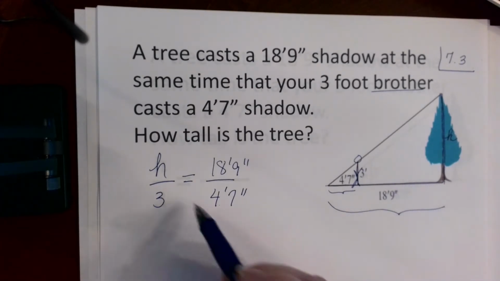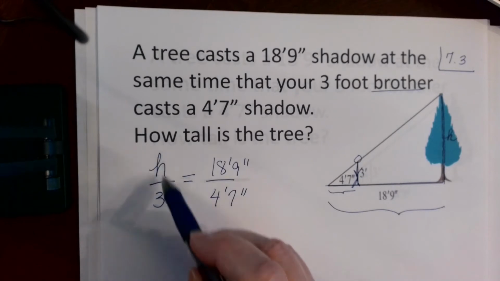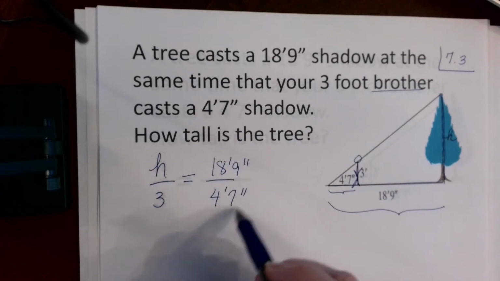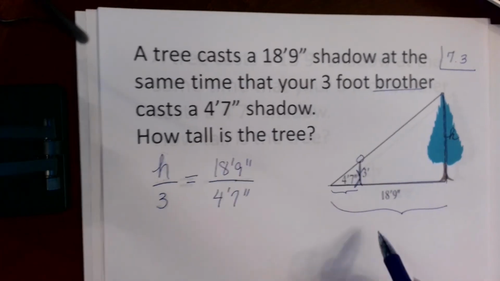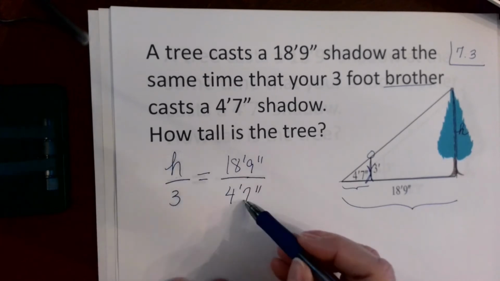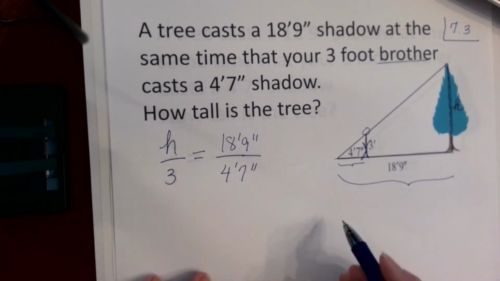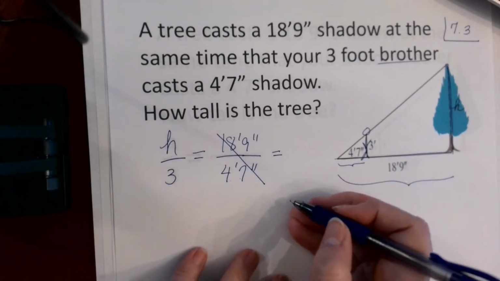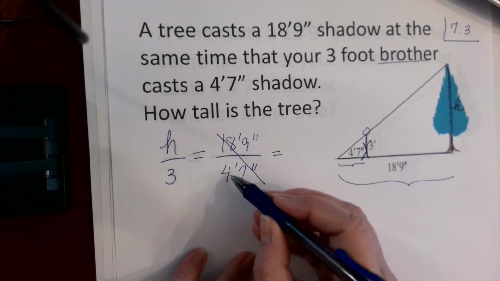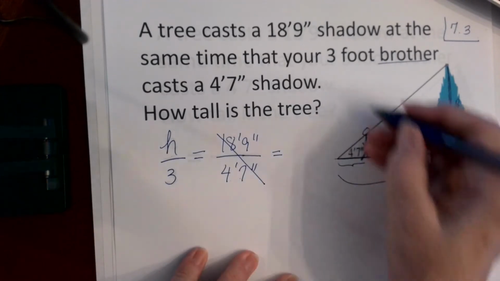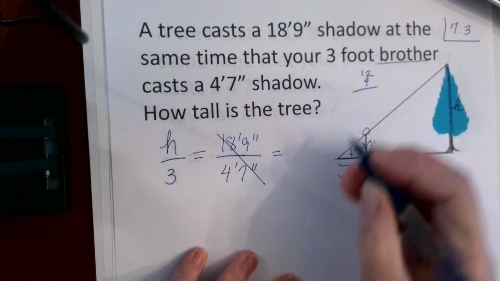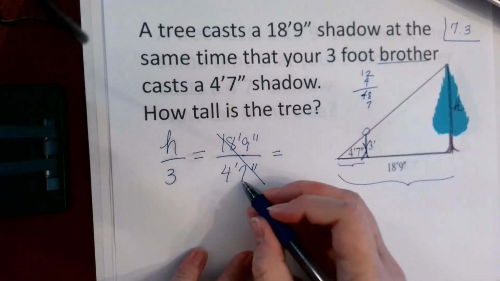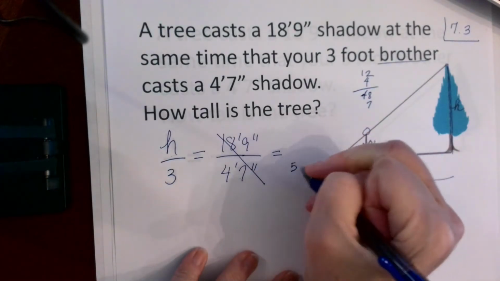Here's the rhythm again. Height of the tree, height of your brother. Shadow of the tree, shadow of your brother. So we would cross multiply, but wait, we have inches and feet all mixed up together there. So let's rewrite this fraction without feet and inches all mixed up. So we need to figure out what 4 feet is. That's 4 times 12 inches, that's 48 inches, plus the 7 inches beyond 4 feet, so that's 55 inches